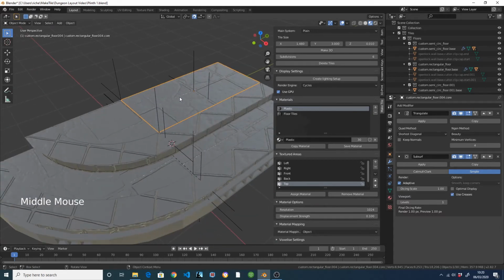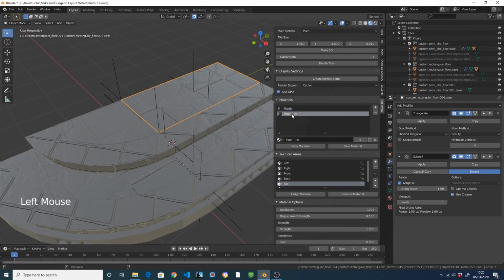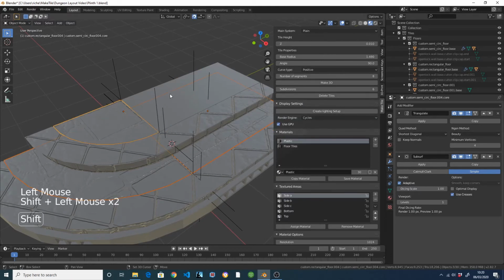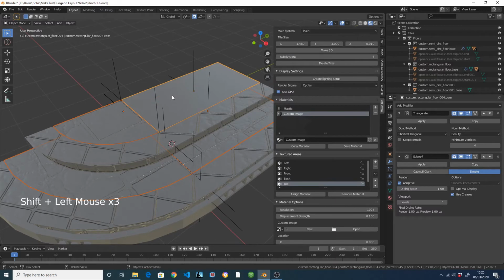So first of all, I'm just going to select this, and I'm going to click on my floor tiles material, and I'm going to go down to custom image. It's going to go blank. I'm just going to do my material linking thing, pressing Control and L. I've got materials,